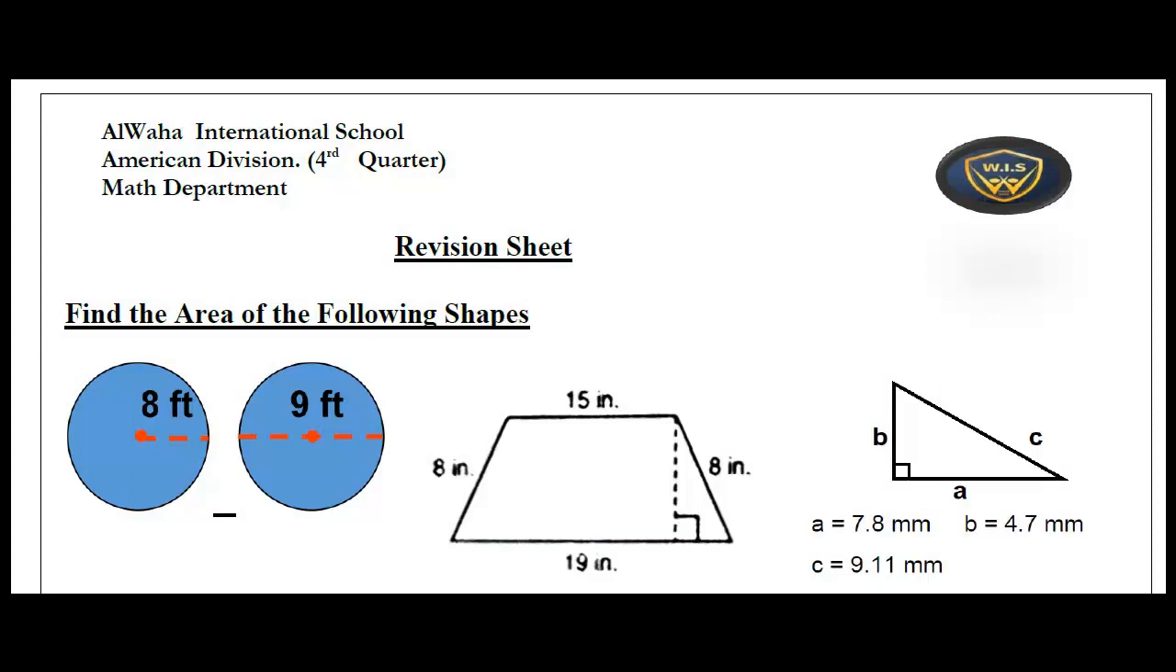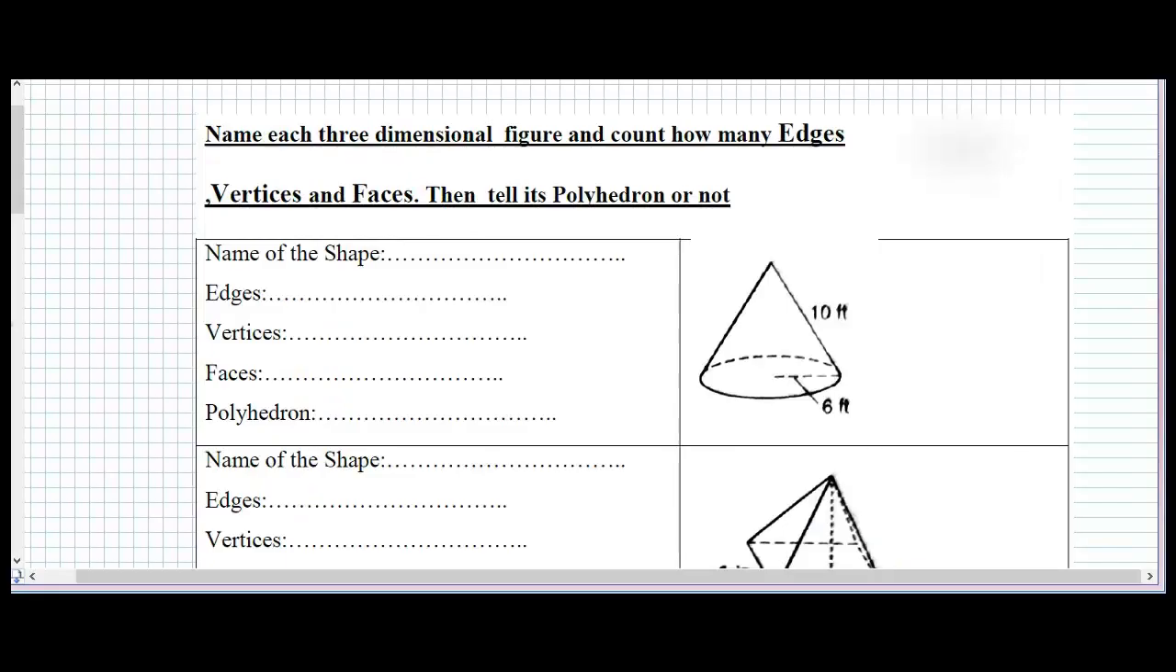Let's start solving our revision sheet. Let's name the 3 dimensions figures here. Okay, first one. What is the name of the first one here? First, we need to name the shape, find the edges, the vertices, and the faces for each one. So we need to count how many edges, how many vertices,